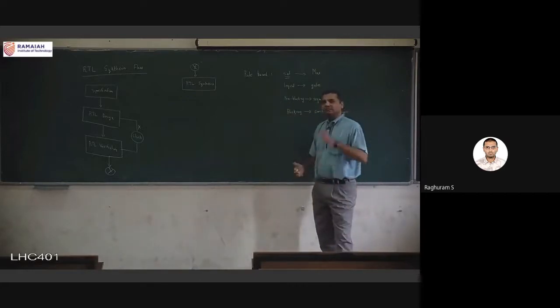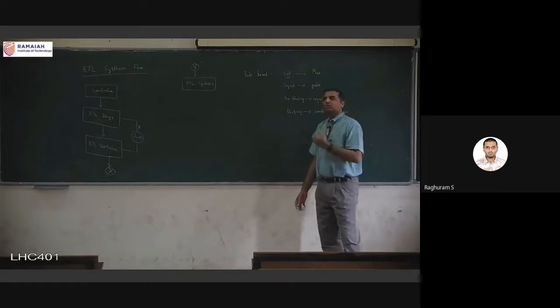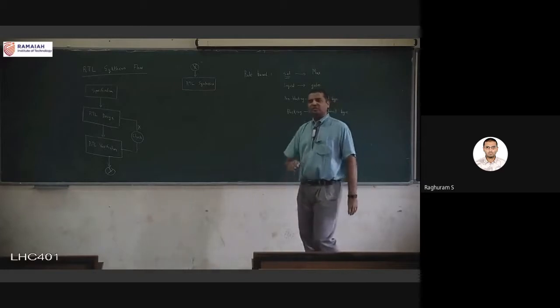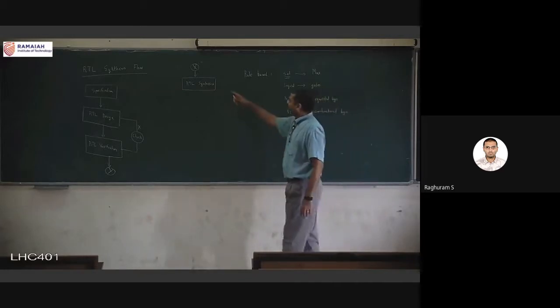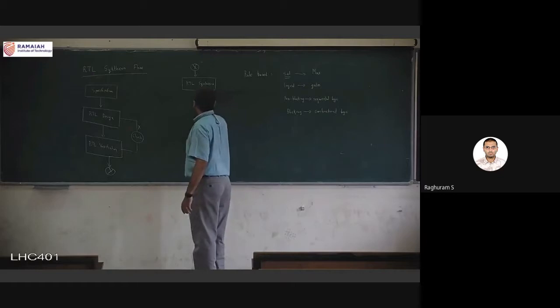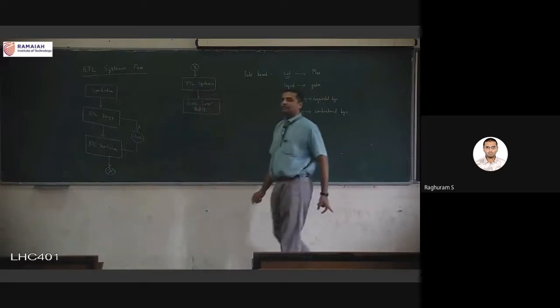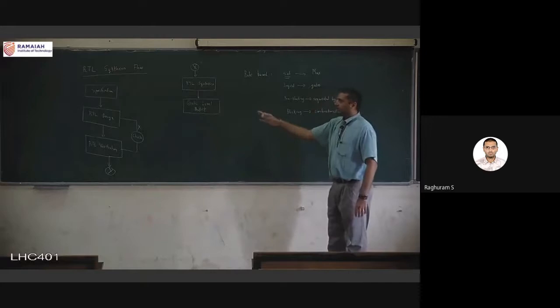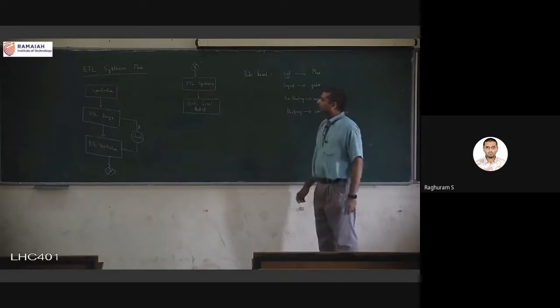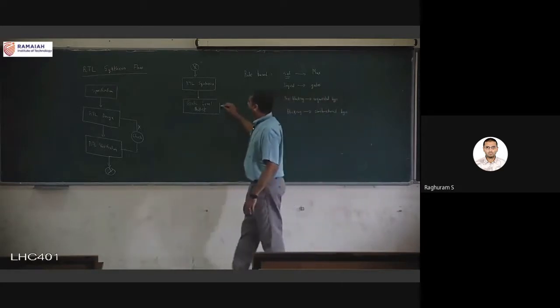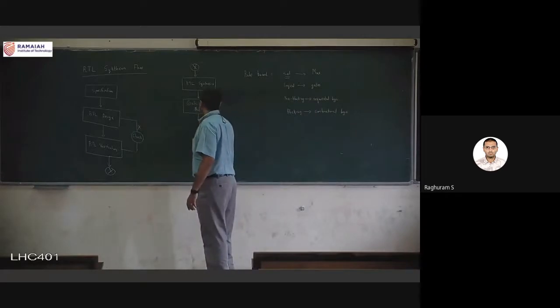Of course, there is some, I wouldn't call it intelligence, but there is some amount of optimization also based on some structural checks, based on some other steps, etc. But at the end of this RTL synthesis, we have transformed the code into a gate level netlist. And gate level netlist, before we do anything,